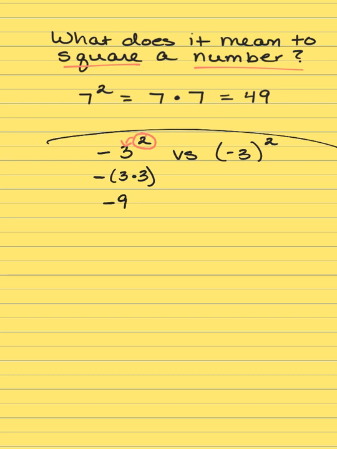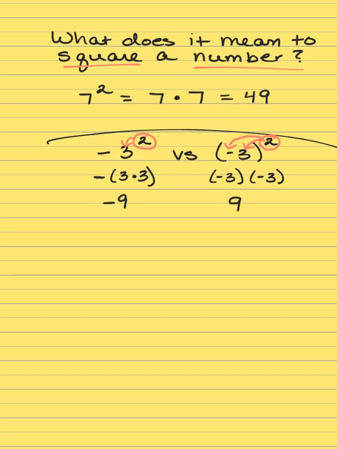Now in the second situation, because the parentheses are there, keeping the negative and the 3 together, that exponent of 2 sees both of them. It sees the negative sign and it sees the 3. And so what's happening here is we are squaring both the negative sign and the 3. This means we're supposed to take a -3 and multiply it by itself. Now we have a case where we're taking a negative times a negative, and we're getting a +9